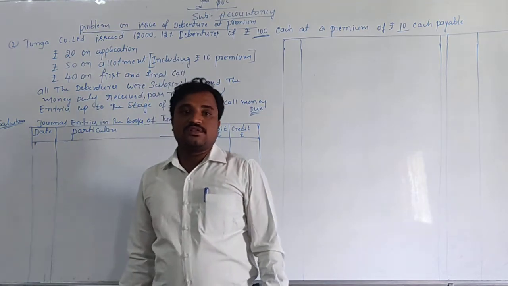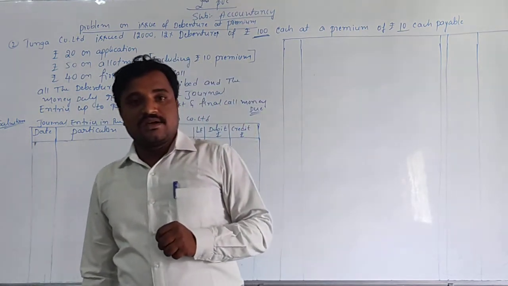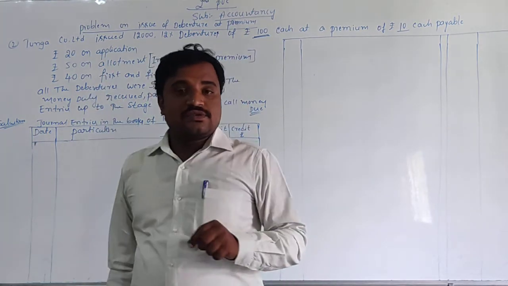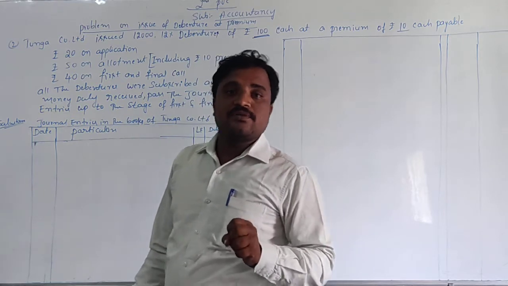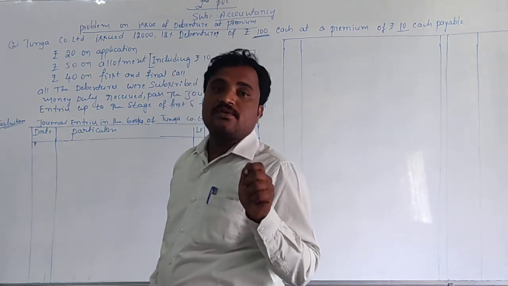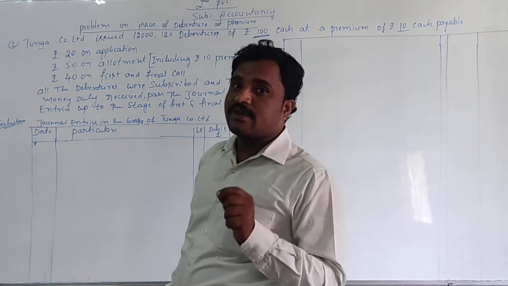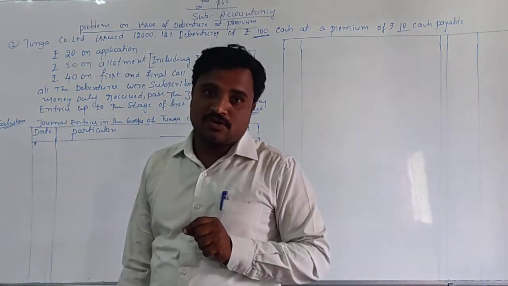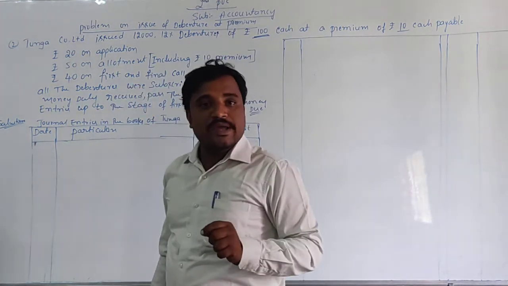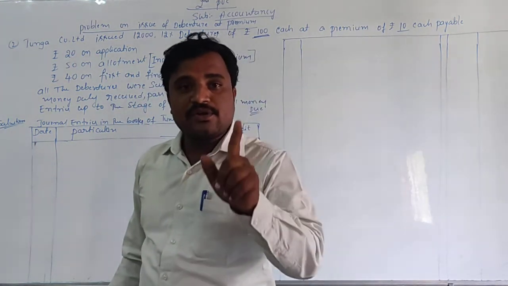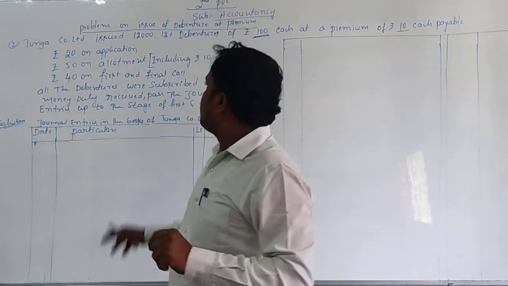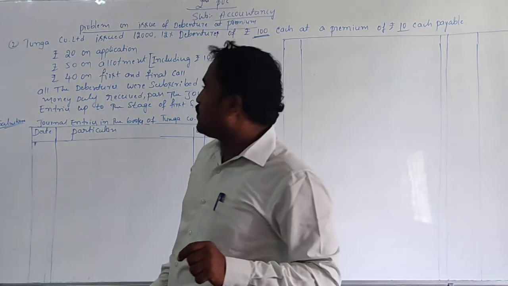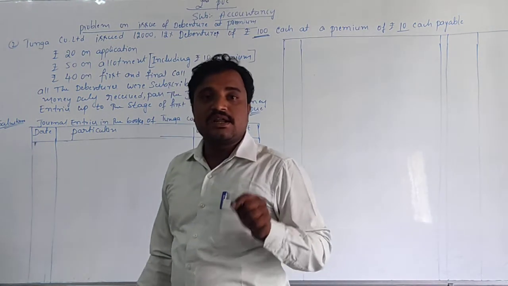You know how to make journal entries, and at each and every stage you have to make two journal entries. On application stage you have to make two journal entries, one entry for receive, one more entry for transfer. For receive, what is the entry? Bank account debit to 12% debenture application account. In the remaining stages you have to make two journal entries, one entry for due, one entry for receive. But on securities premium you have to make one more extra journal entry. Let us see how to make journal entries.